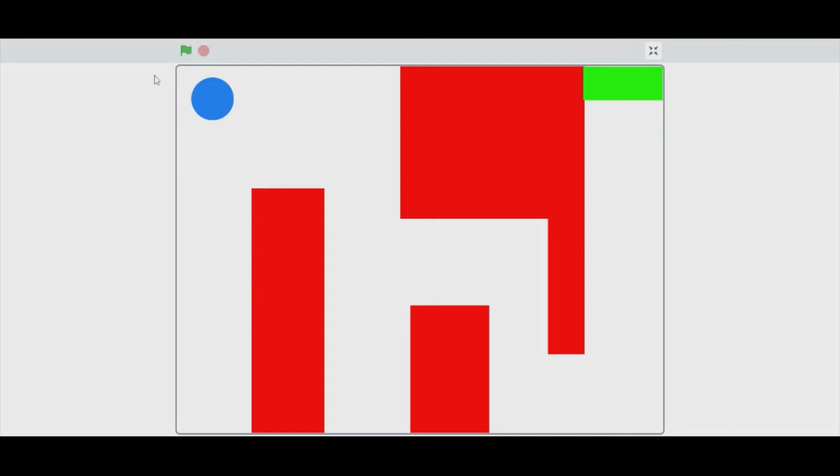I'm Echo Scratch Tutorials, and in this video I will be showing you how to make this fun but simple maze game in Scratch 3. So it's pretty fun. You can make the levels as complicated or as simple as you like, and it's a nice, easy project to do. I hope you enjoyed the tutorial.